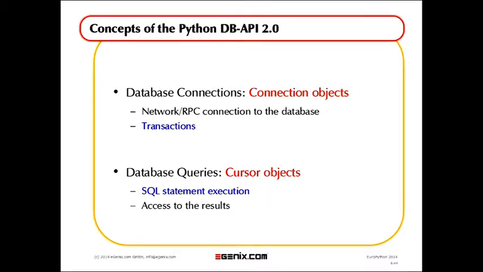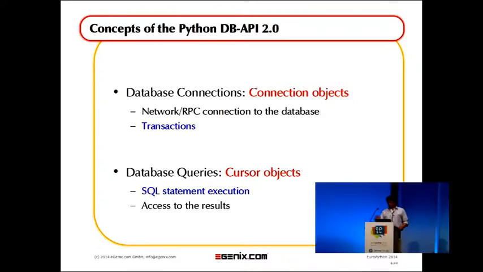There are two main concepts in the Python Database API. One is the connection object and the other is the cursor object. So you use connection objects to actually connect to the database and also to manage your transactions. And then if you want to run queries, you open a cursor object and you run your queries on the cursor object, and the cursor actually works like a cursor in a text processing system. You actually scroll down, or like in a spreadsheet, you scroll down in your result set and then get your data into your application.